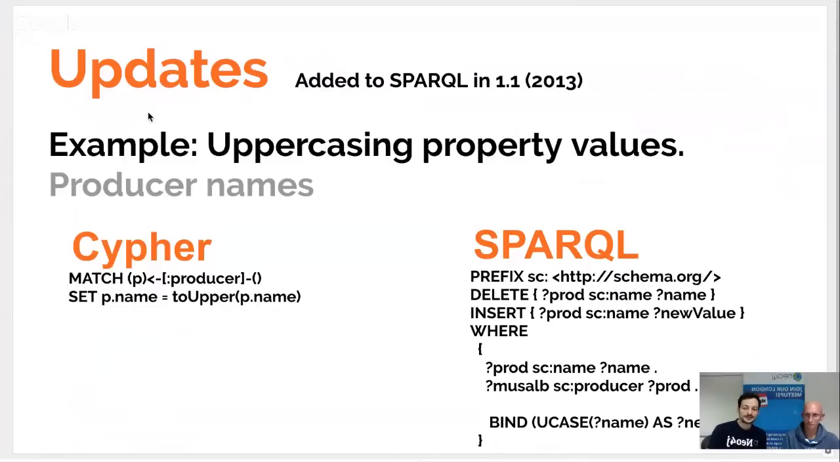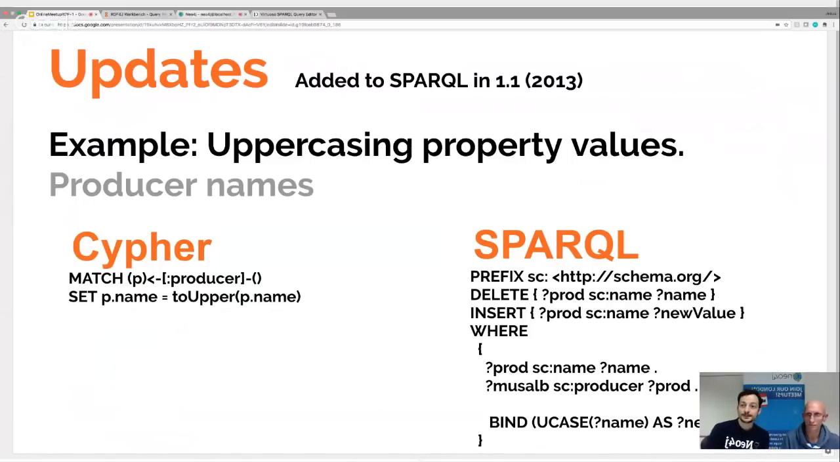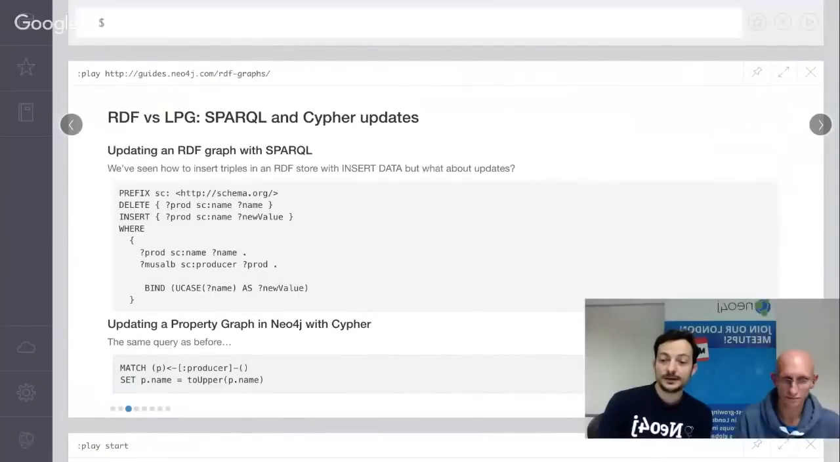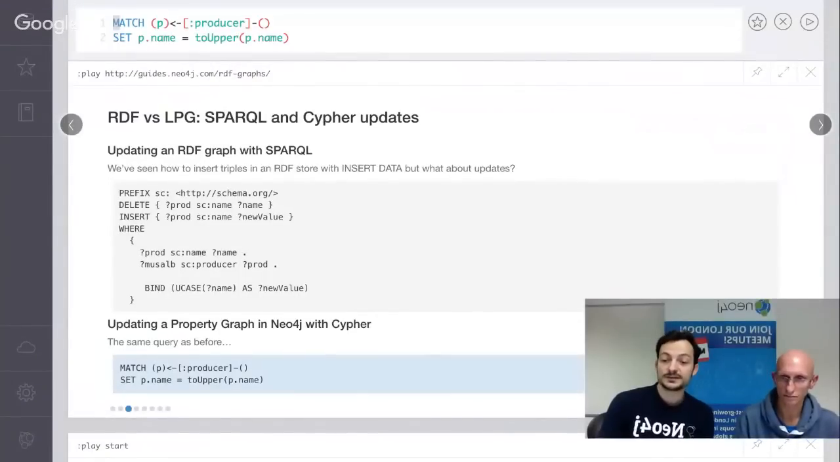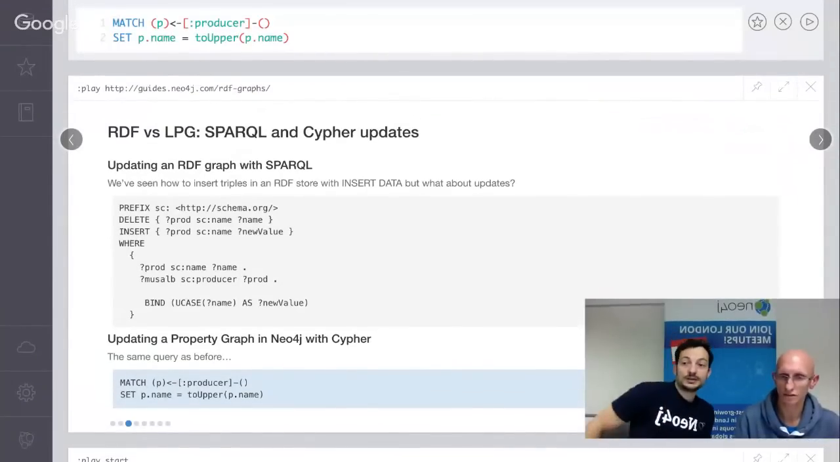To the left-hand side, you have the Cypher variant of it. So we're going to look at that in the triple store and in Neo4j. So let's do it first in Neo4j, since we're here. Next page. So what are we doing here? So we're taking